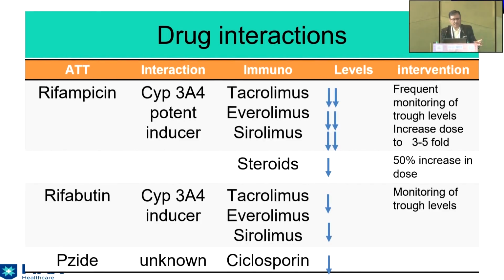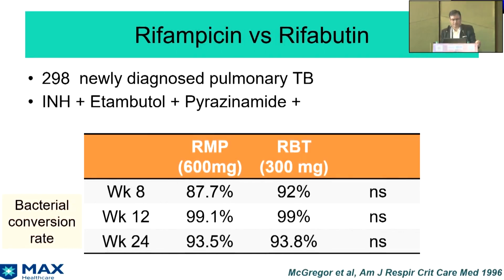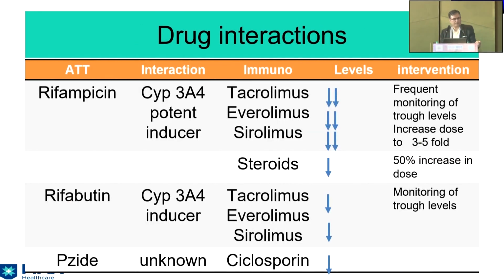Right. So the reason for not using rifampicin, or the contention, is because rifampicin is an enzyme inducer, a potent CYP3A4 inducer, and all these immunosuppressants are substrates for this enzyme, and you have to increase the dose 3 to 5 fold to maintain adequate drug levels. Yeah, I agree. Rejections are more with rifampicin, but you have to give rifampicin in our post-transplant patient. Otherwise, this tuberculosis becomes disseminated or multi-drug resistant.